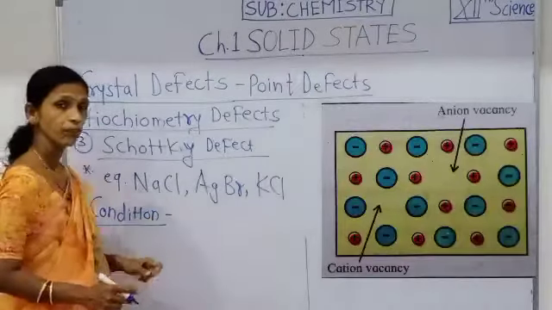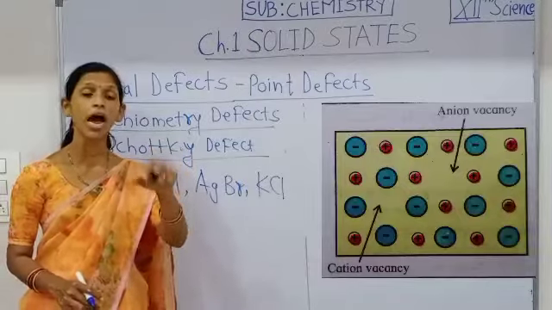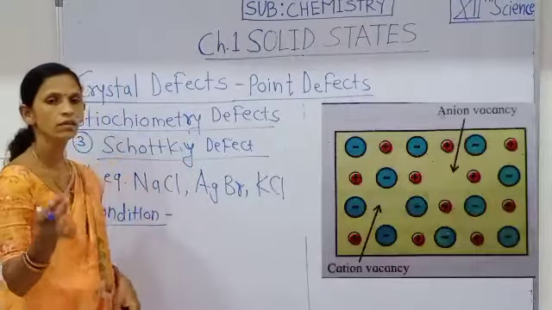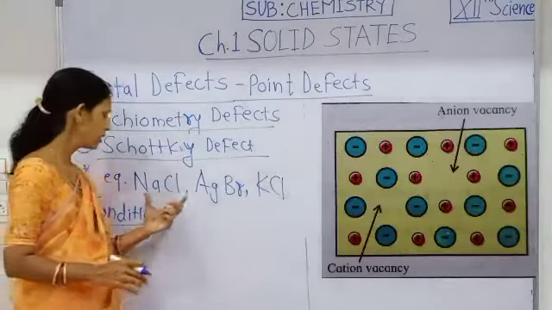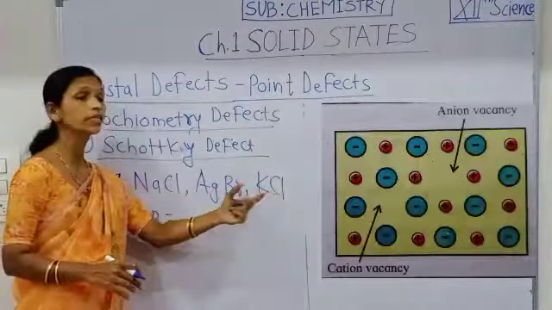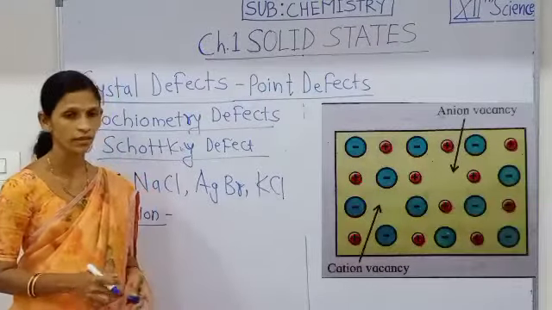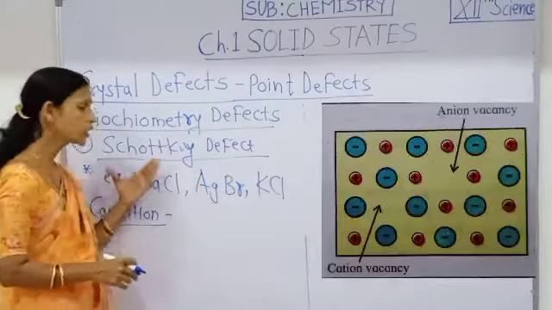See here, Schottky defect is obtained in those ionic compounds which have a high degree of ionic character. That means NaCl or KCl, which have a high degree of ionic character. Therefore, in those compounds, Schottky defects are